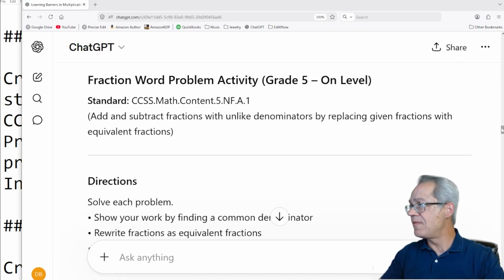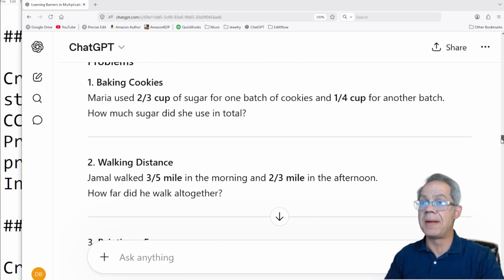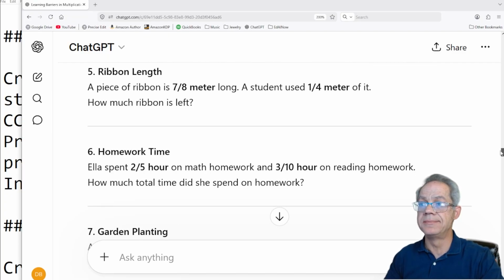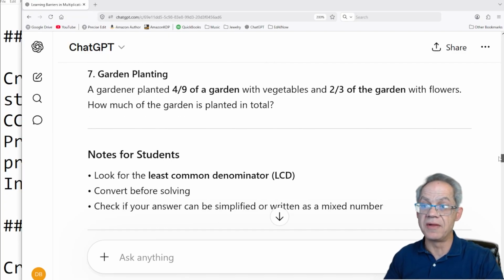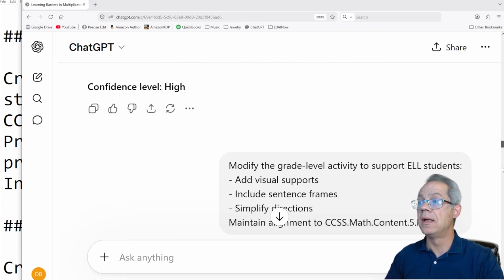So we've got our activity. I'm just going to zip past it because that's not really the point that we're getting to here. So pop, pop, pop, pop, pop. Actually, some of those look pretty fun. Okay. Now,